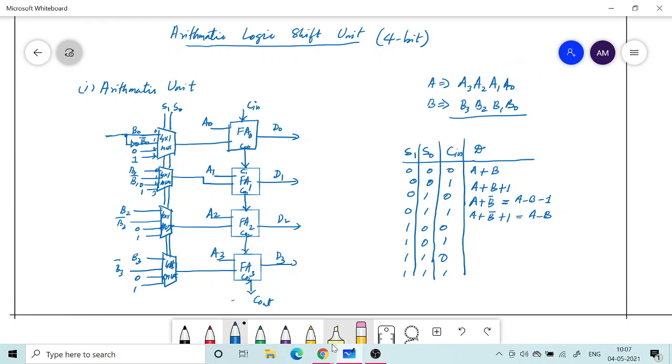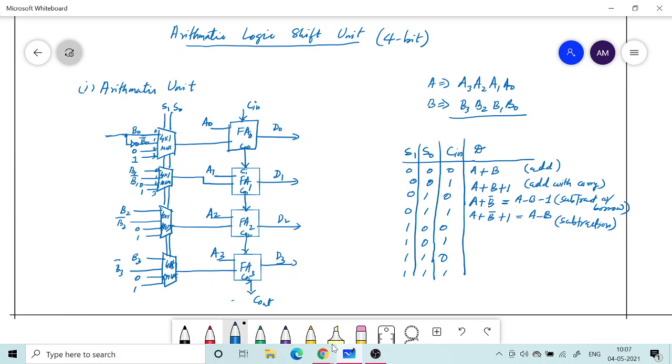Let me state those things. So this is add with carry, and this is subtract with borrow, and this is just subtraction, where we are using the 2's complement method.